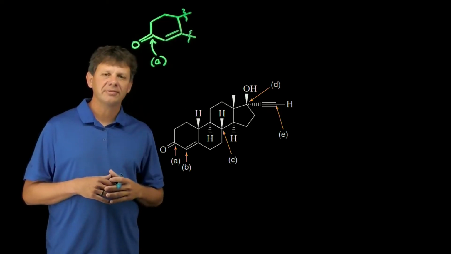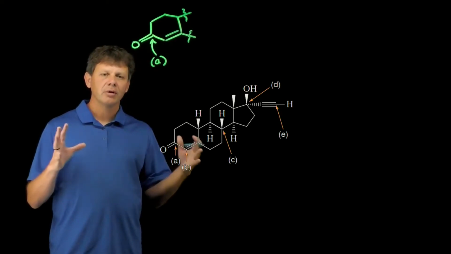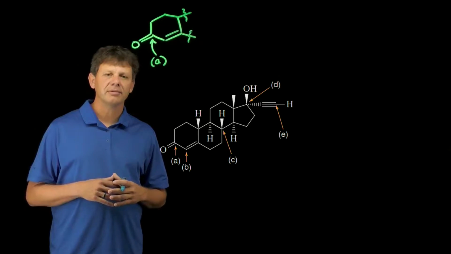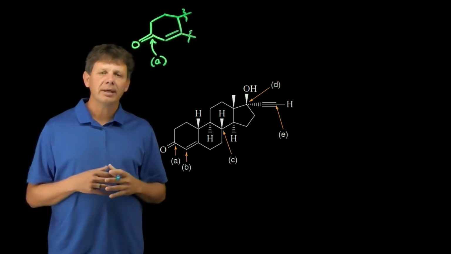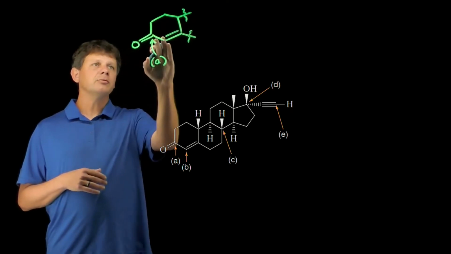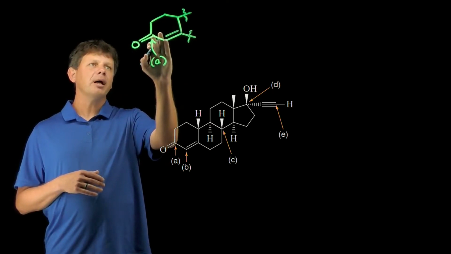This assessment asks us to calculate oxidation numbers for several atoms in this steroid molecule. We'll do it for A here. Now, the way we calculate oxidation numbers is we start by looking at all of the different bonds to this